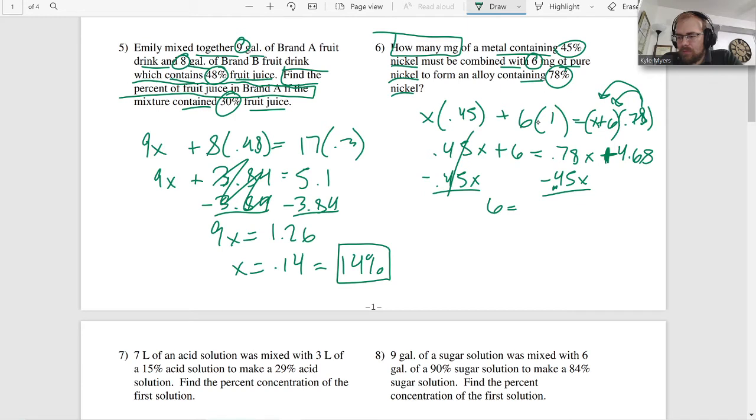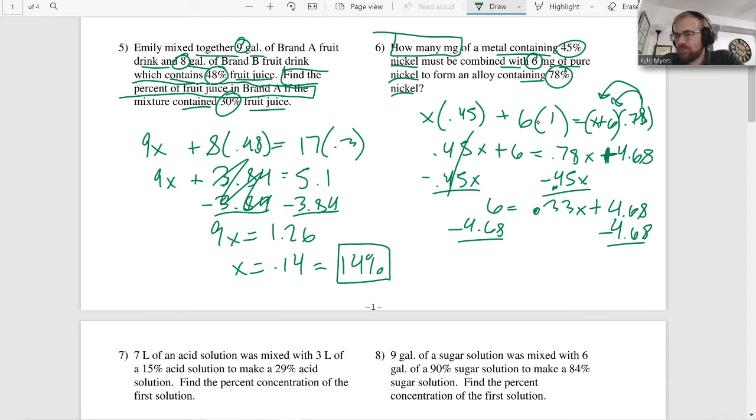0.78 minus 0.45 is 0.33x plus 4.68. All right, then we got to do this. Subtract that on both sides, 4.68. Doesn't really matter if you line up the decimal if you're just going to type it into the calculator anyways. So that's what I'm going to do. 6 minus